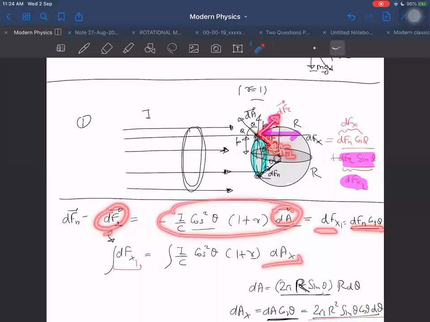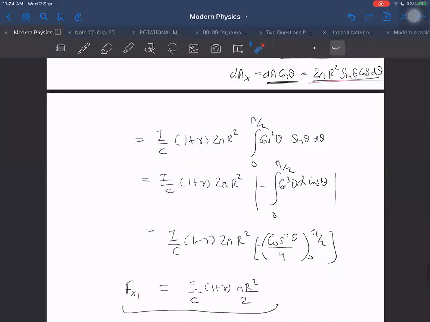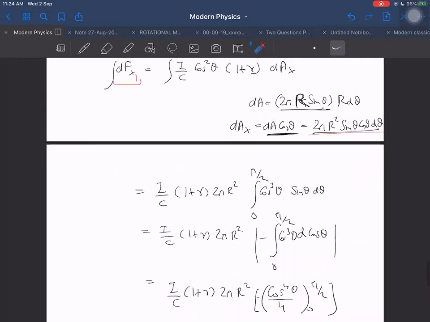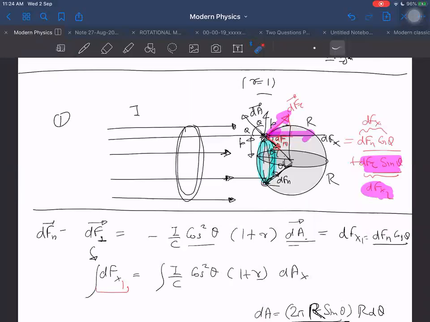But the next time, you can think in another way also. This dA vector has two components: one component along this axis, and one component along the x-axis. If I want to find the shear stress along the x-axis, then I have to take the area perpendicular to that. The area vector should be dA sin theta, not dA cos theta. Here I don't take the component along the direction of the force, I take the component perpendicular to the direction of the force, perpendicular to the x-axis. So it will be dA sin theta.